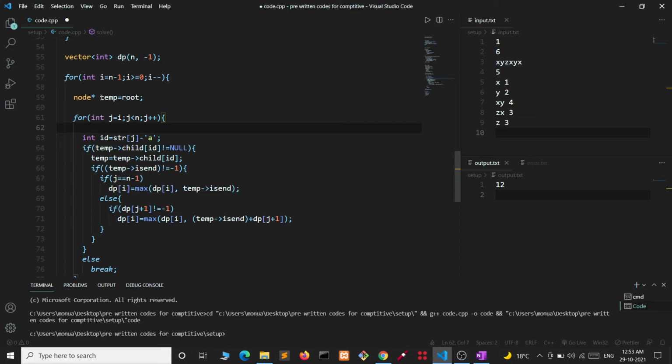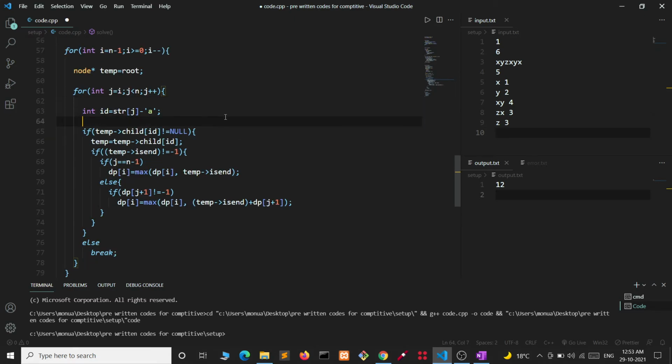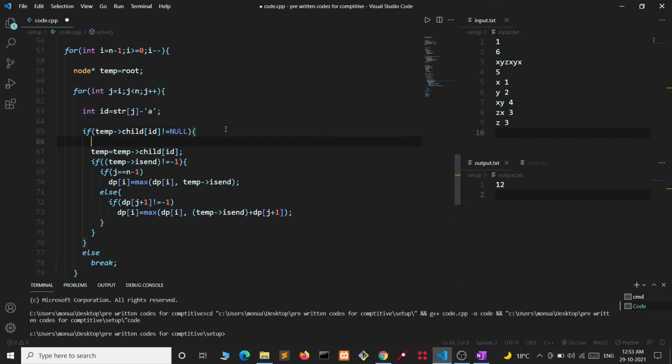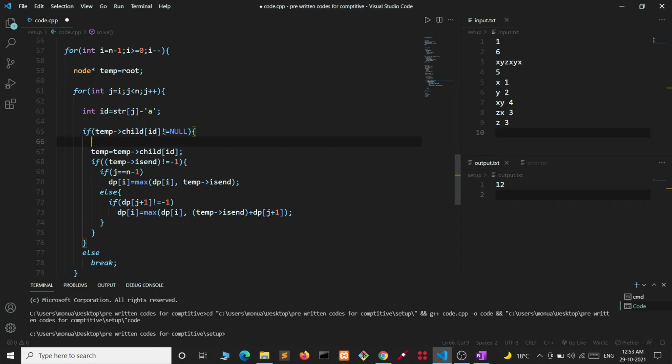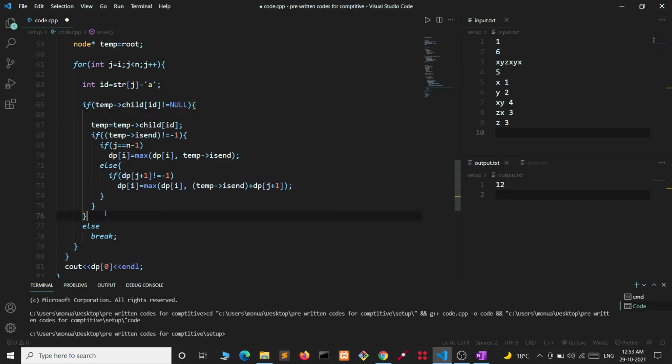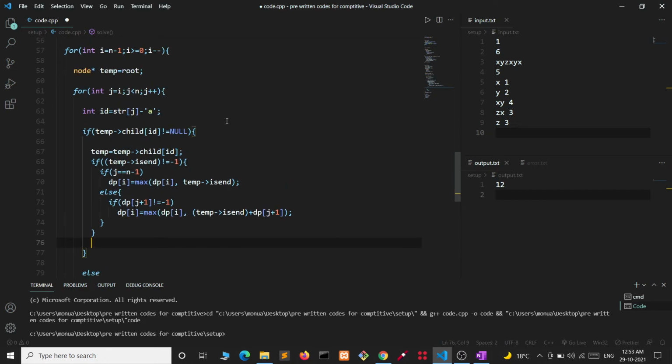I have taken temp as the root. After that, I am finding at what character I have to go. If there is a node leading to that character, then I will continue. Then I will see for the answer. But if it is not the case, then we know that there are no valid words we can find if we continue from j.